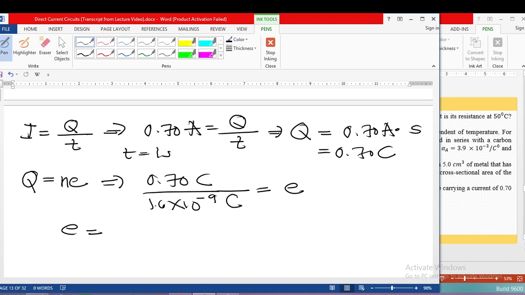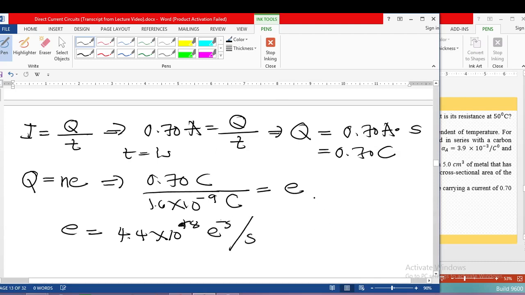So that is equal to 4.4 times 10 to the 18. Is it 18? Wait. 1, 2, 3, 4, 5, 6, 7, 8. So this is 8, electrons